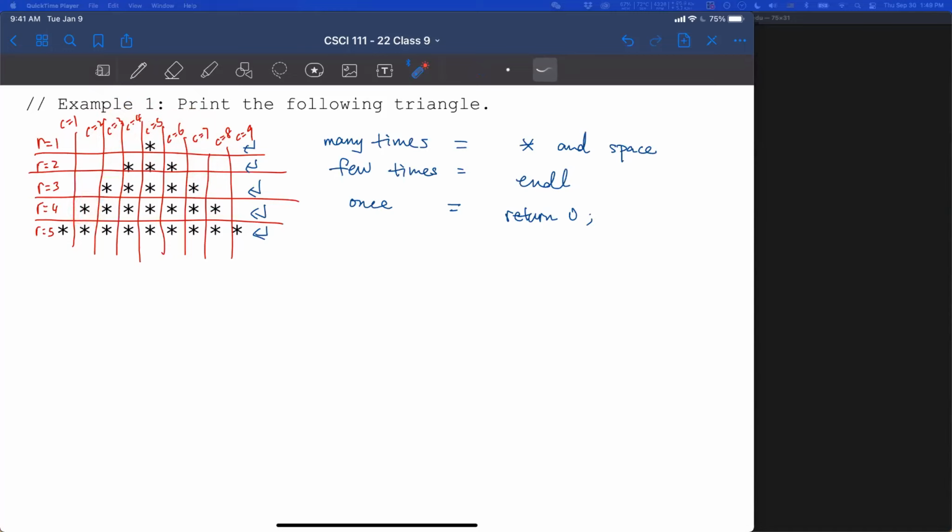And when R equals 5, we start at 1 and end at 9. You see here we started at 5 and ended at 5. For the second row, we started at 4, we ended at 6. And then at the third row, we started